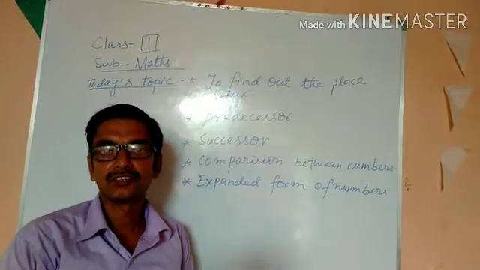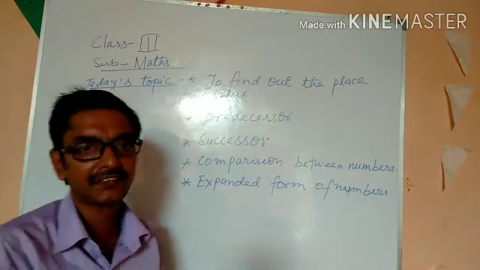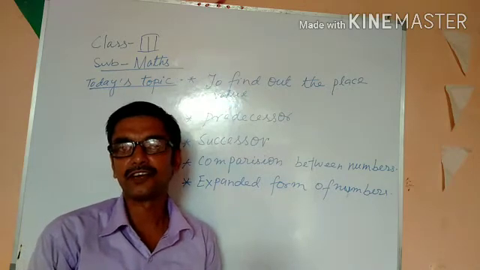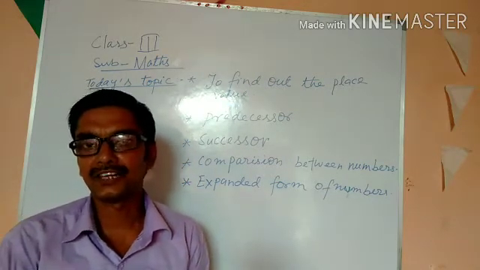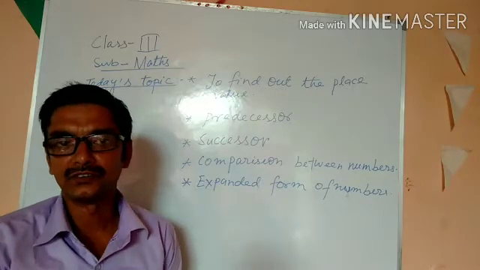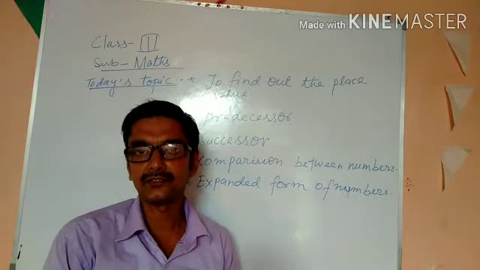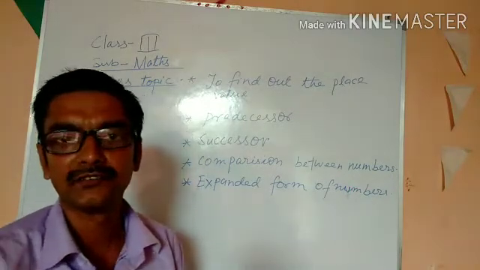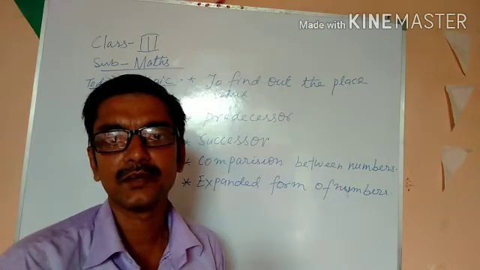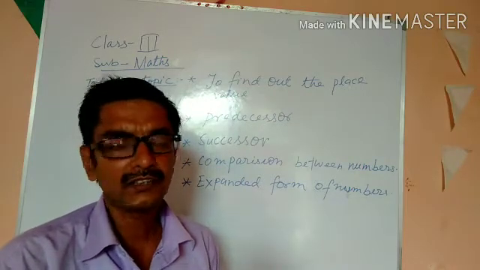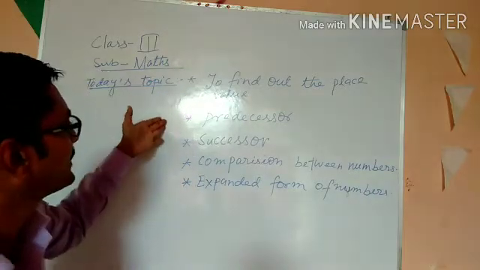Today. Good morning, children. As we have already practiced in the previous classes, we have already developed the concept of digits, place and place value and the value. And we have already also practiced the greatest number, one digit up to four digits. And we have already discussed greatest number, smallest number in the previous classes. Is it clear? Now in today's class we will discuss these particular topics.